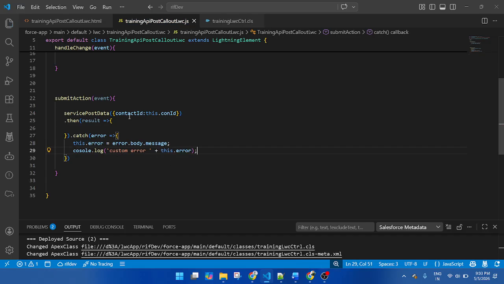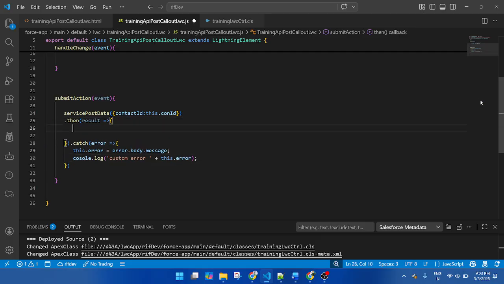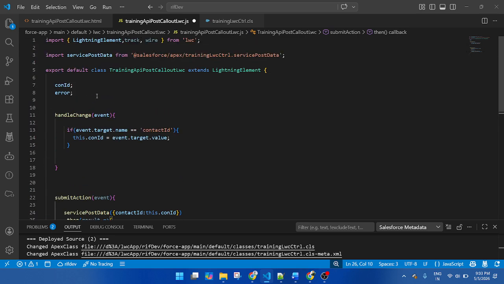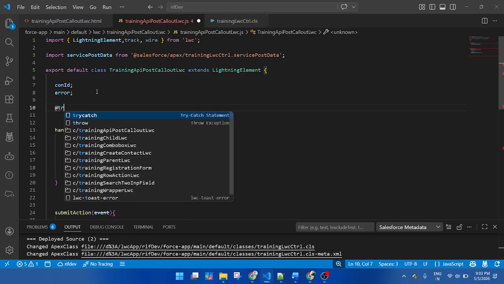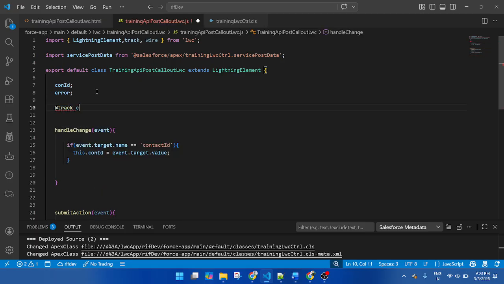Okay, and here I will store the data that is returned from the API. So result, this is the result. Create a tracked variable, let's suppose contactData. You can use responseData because here I am storing response data.